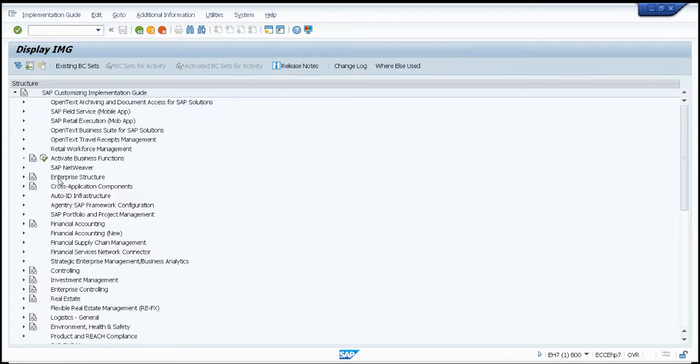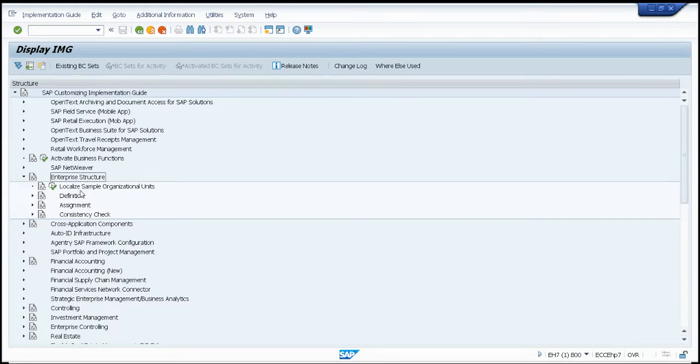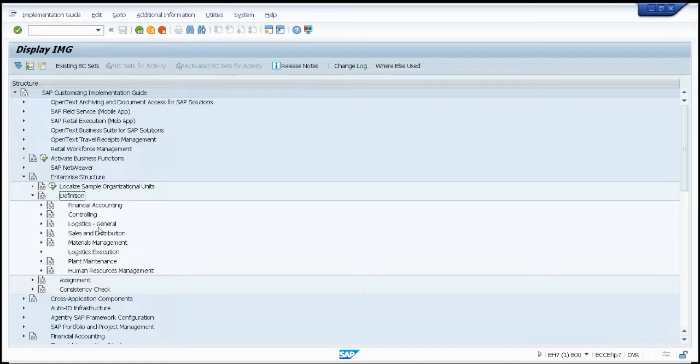In the configuration screen you can see Enterprise Structure here. To the extreme left of this Enterprise Structure, next to it, you can see a small arrow. You can click on that in order to expand the tree. And I'm going to Definition, and next to Definition there is an arrow key. I'm clicking on the arrow to expand again,